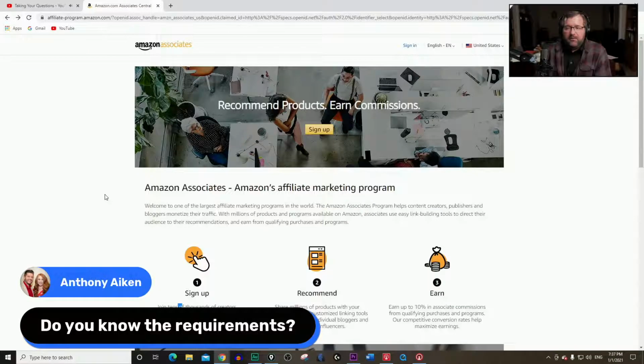Then I went back and applied again and was accepted and made some sales. So that is something you want to think about as well, so keep that in mind. But when you go through it, the two hurdles I remember are, number one, you're going to have to sell it to them. You have to say, I have a website, if you do. You have to say, I'm a YouTuber, and tell them about your site. And then number two, you have to do some tax information.